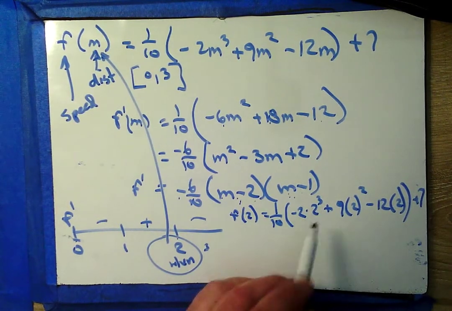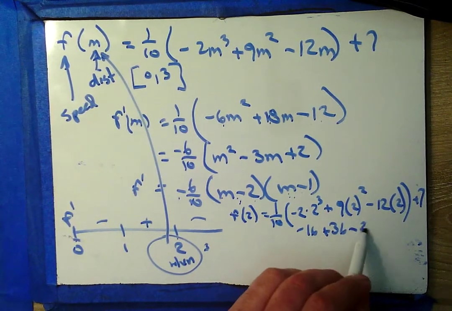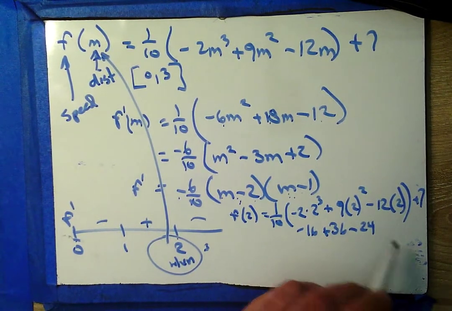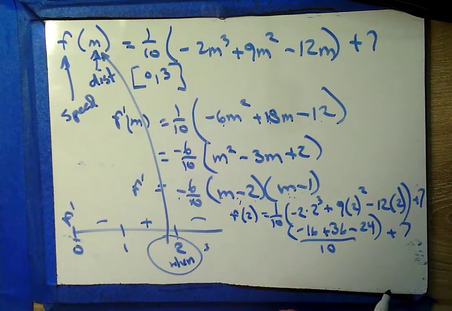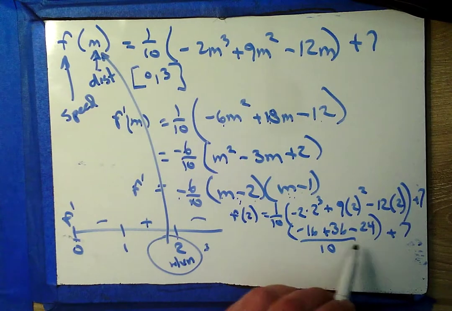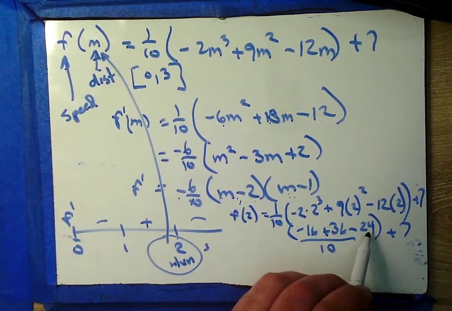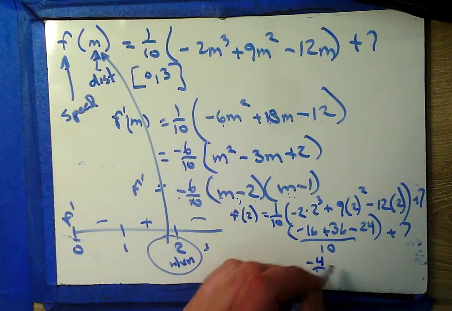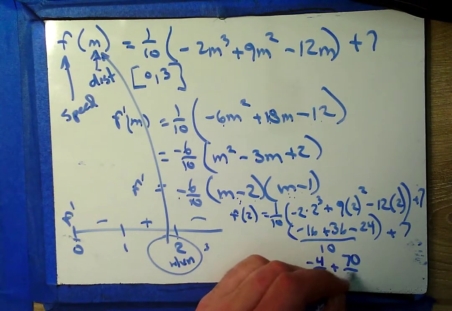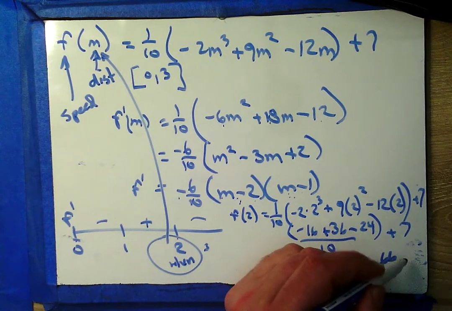Okay, so that's 8, negative 16 plus 36 minus 24 times 1/10 plus 7. So I've got positive 20 minus 24. That gives me negative 4/10 plus 70/10, which is 66/10, or 6.6